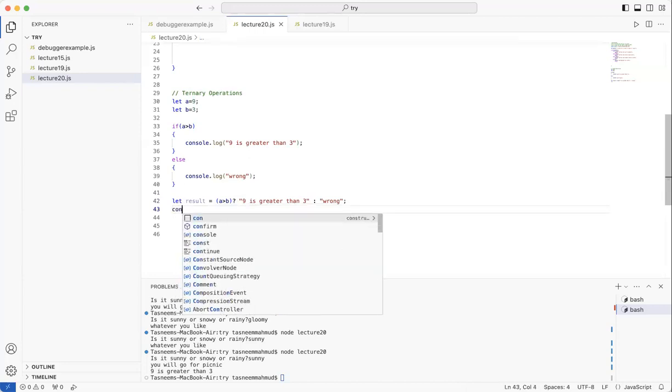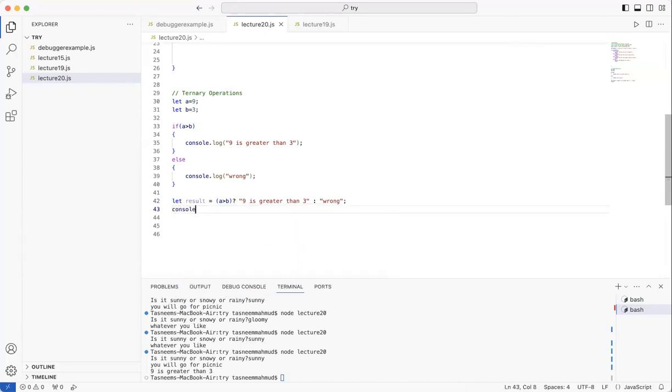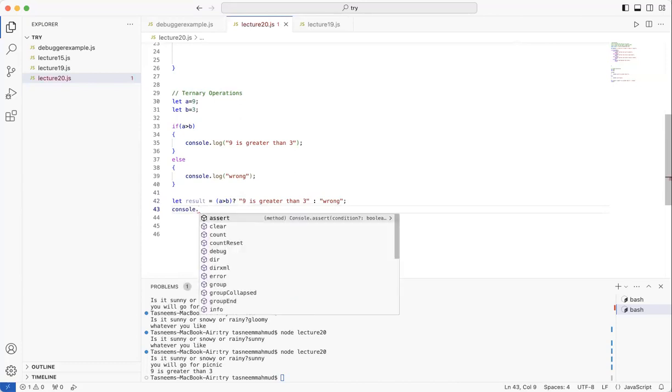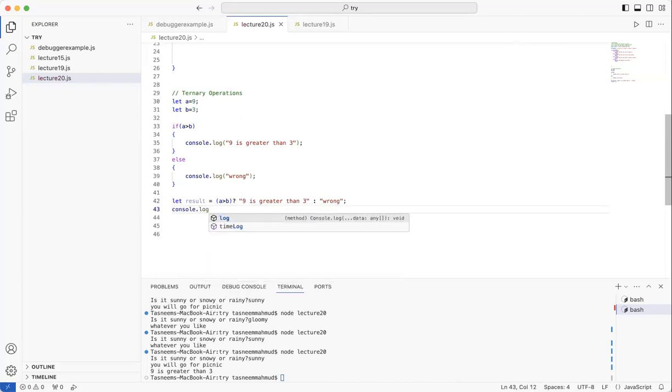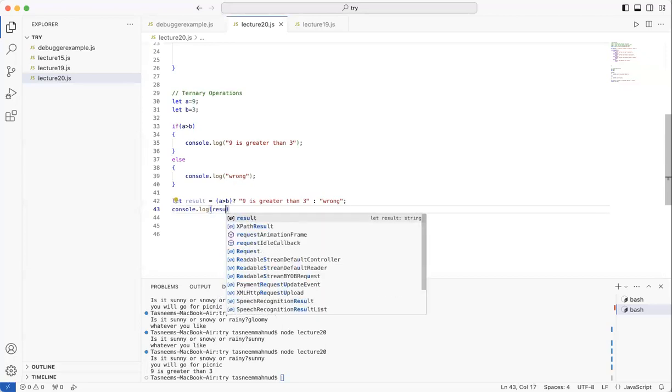So let's console.log result. See, it just makes it easier and more neat. Now let's print result.